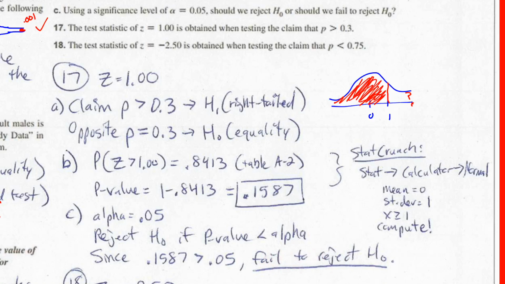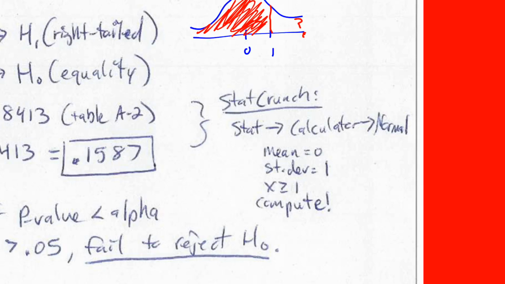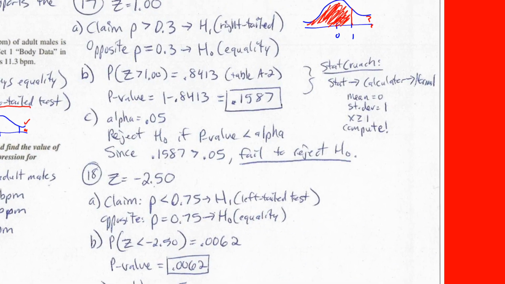Okay. Now, if you don't want to use the table and then subtract from 1, you can simply put this information in your stat calculator on the normal distribution with a mean of 0, standard deviation of 1. But this is 1. Make sure you change this to greater than or equal to. Click compute, and it will give you a probability of 0.1587. Okay, so same thing we do for number 18,